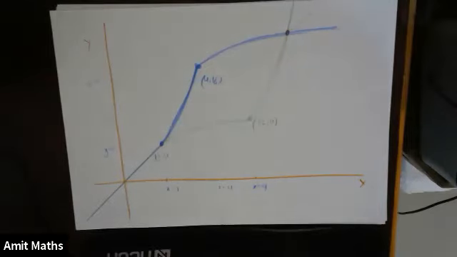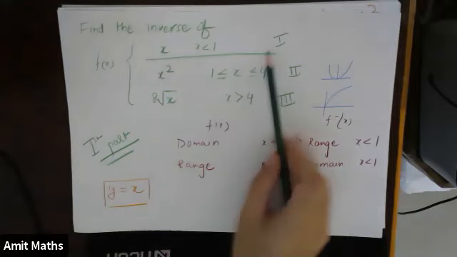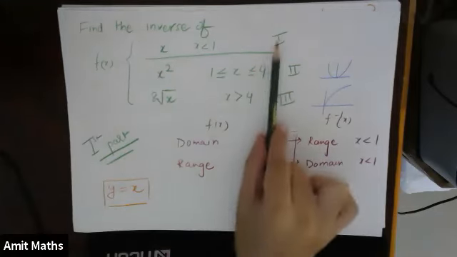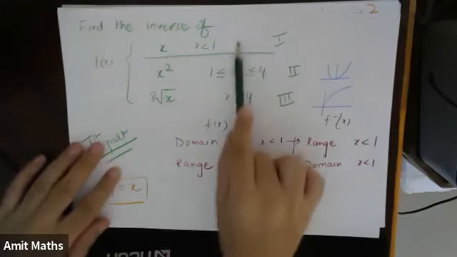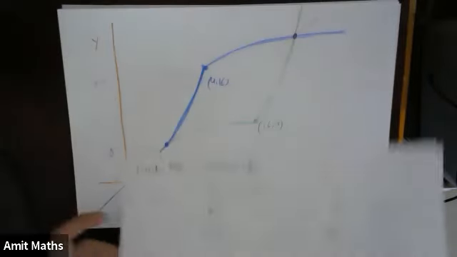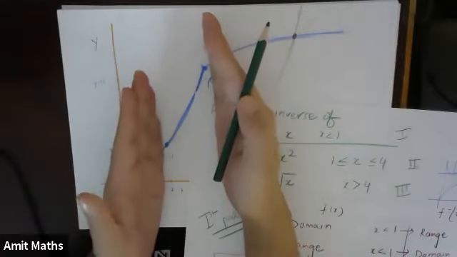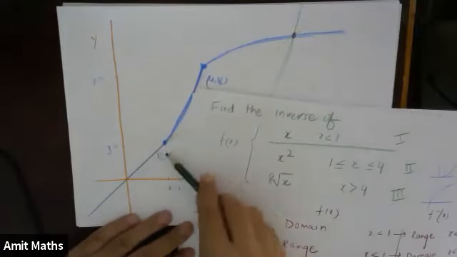Okay, so I'll just explain once again. The last question, I'll explain once again very briefly. So the question was something like this. This was the actual question where they have divided a domain into three parts, and the domain when they divided will be something like this. First part is this part, second part is this part, and the third part is this. Okay, so they divided the domain into three parts.